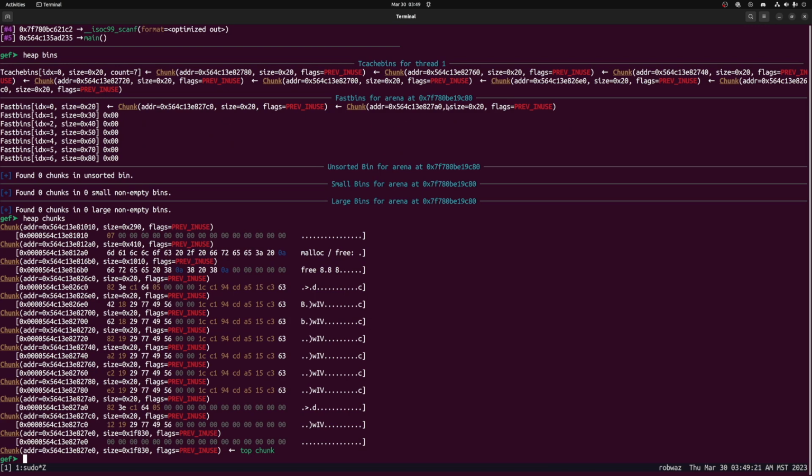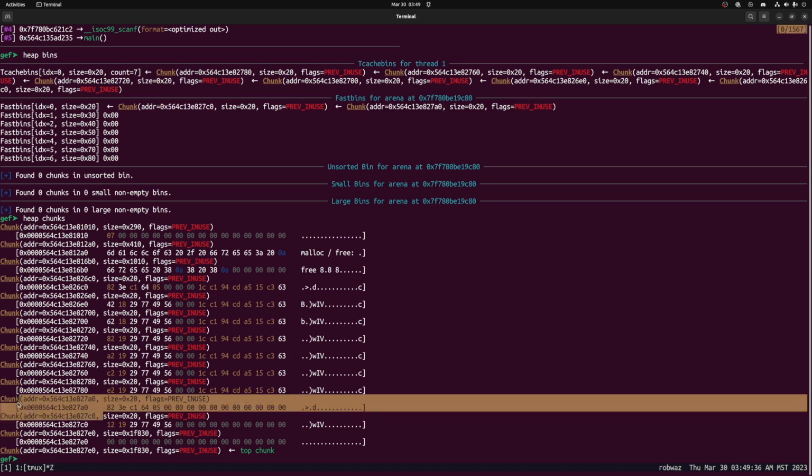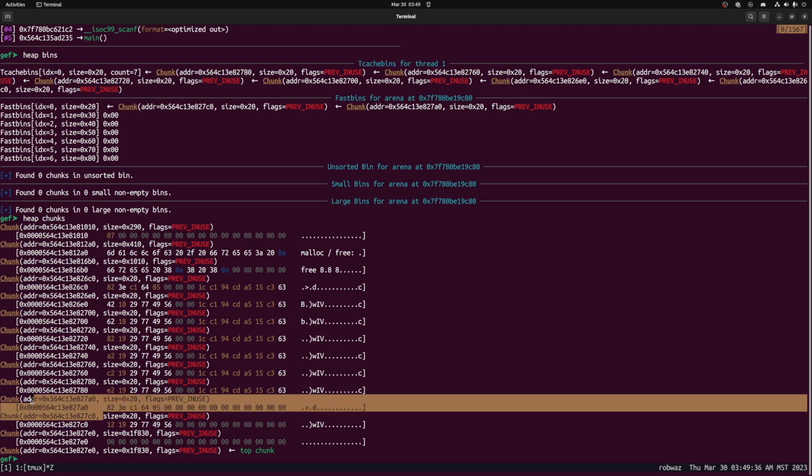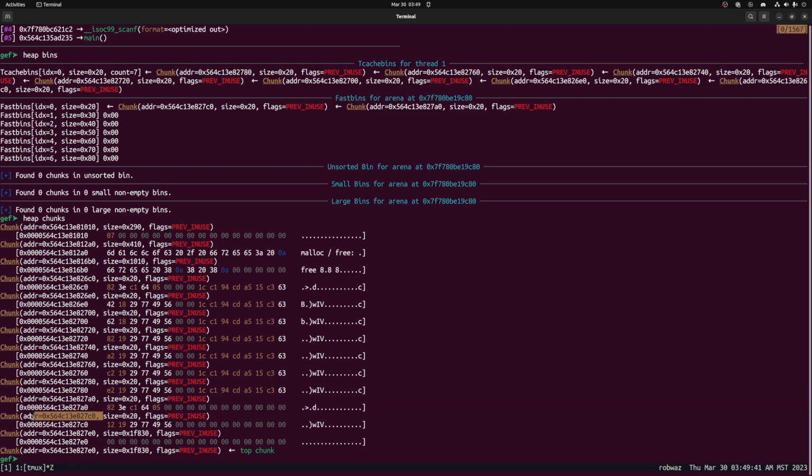Now, remember that consolidation is determined by this previous in use bit. And even though the previous of 27C0, which is 27A0, even though this one should be marked as previous not in use, it is marked as previous in use. This is because it's in the fast bins. So whenever we flush the fast bins,